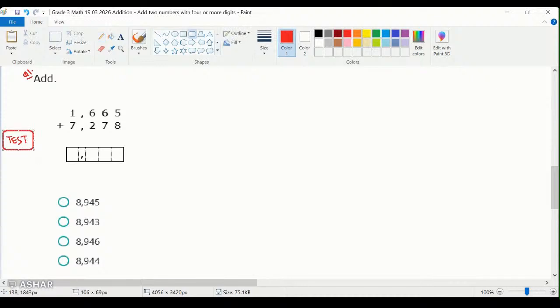So what is the answer? If 1665 is added to 7278, then the answer should be